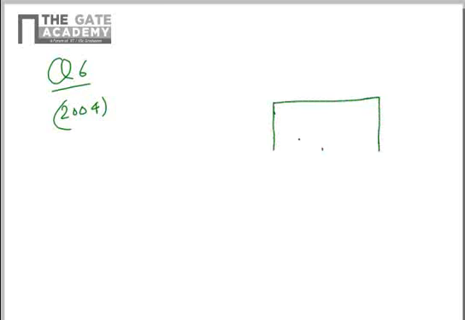Now we will move on to another question that was asked in GATE 2004. Here a diagram of a lifting platform was given. The lifting platform is formed like this. We have two gears which are meshing with the racks on these shafts. These shafts have racks and these have gears, and they are meshing with each other. One of these two gears is driven by an input motor, and the input motor gear is meshing here.